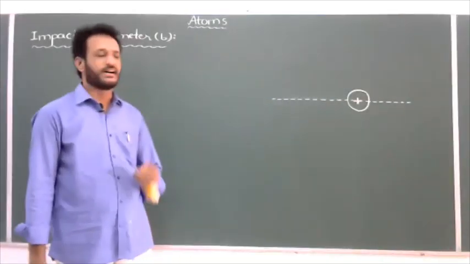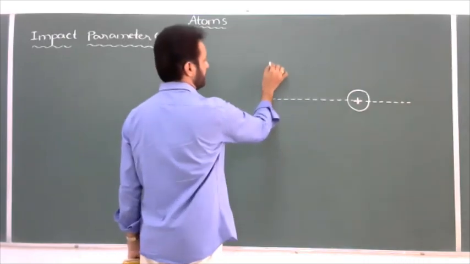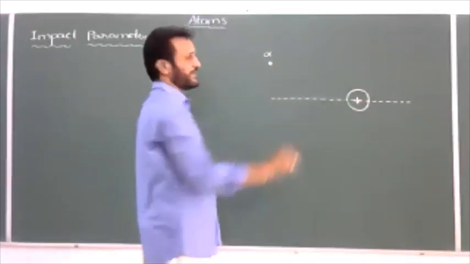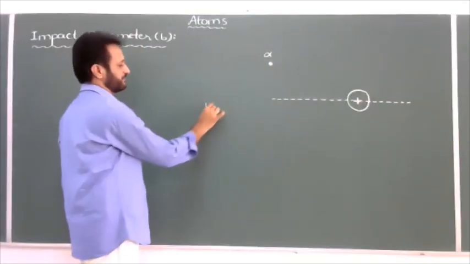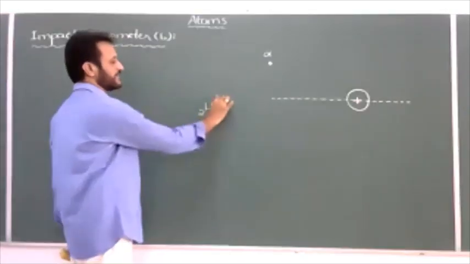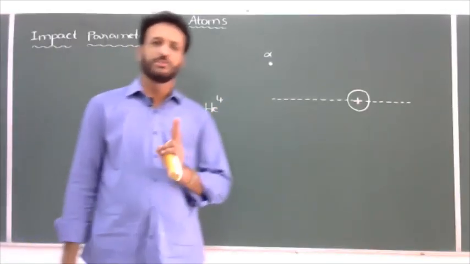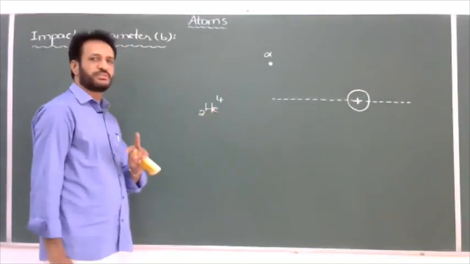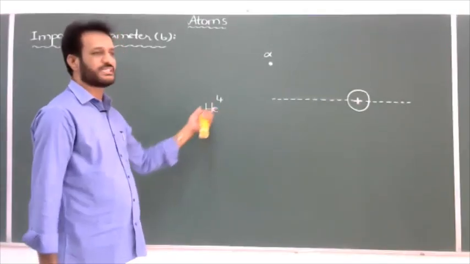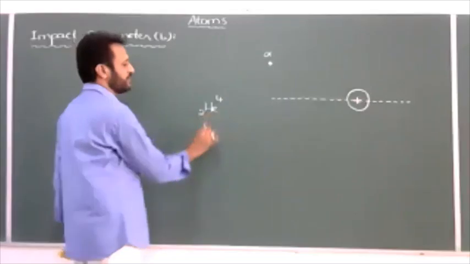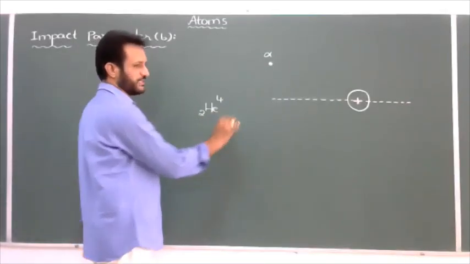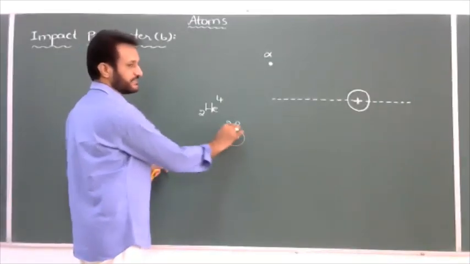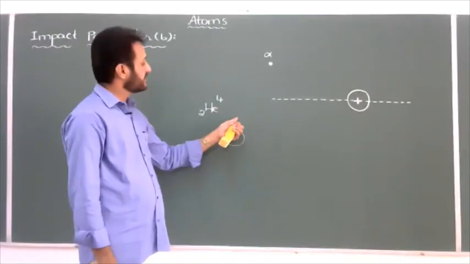Now I am choosing one alpha particle. Yesterday in class I mentioned what an alpha particle is. If you take a helium atom, its atomic number is 2 and its mass number is 4. So a helium atom contains 2 protons, 2 neutrons and 2 electrons. From a helium atom, if you remove both the electrons, then that helium nucleus is called an alpha particle. So the helium nucleus contains 2 protons, and also 2 neutrons. Neutrons are completely chargeless, but the protons are positively charged. So the charge of the nucleus is positive.